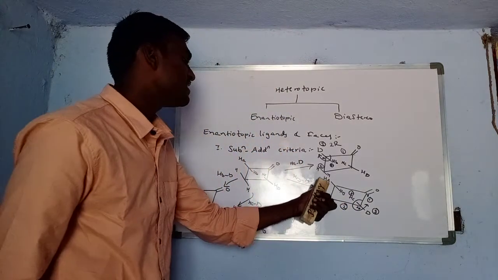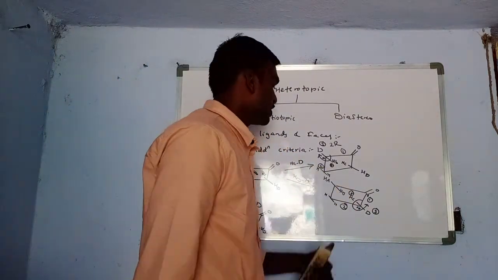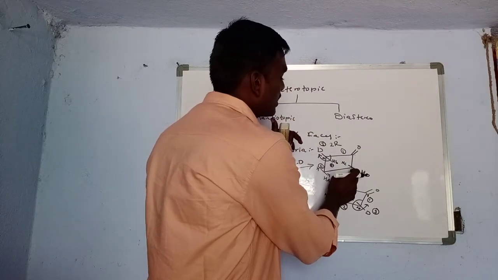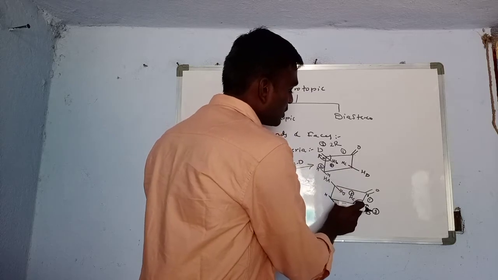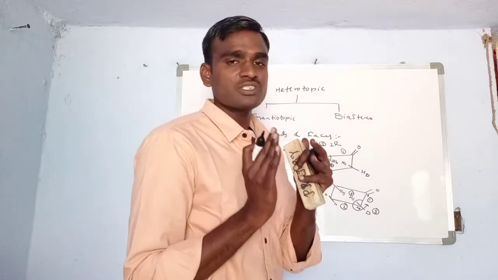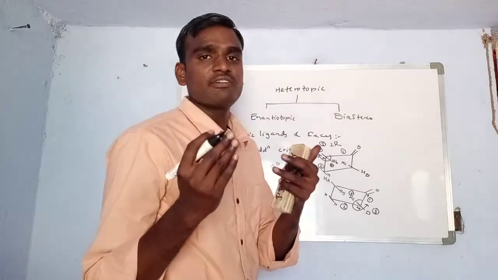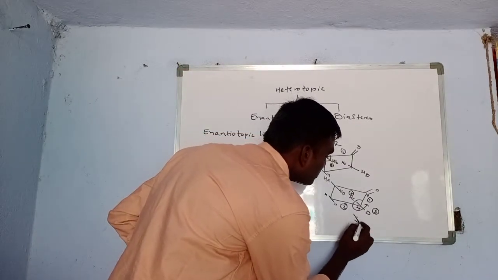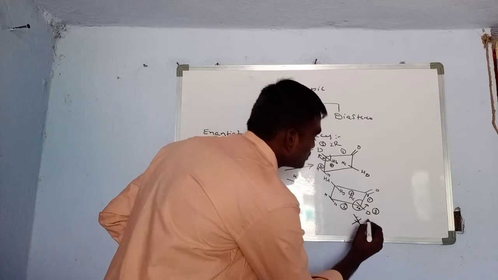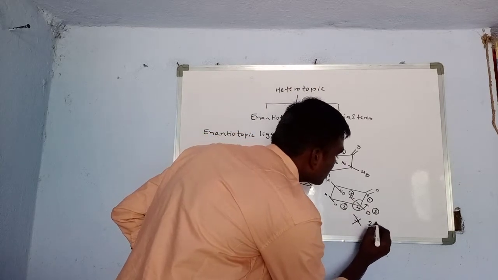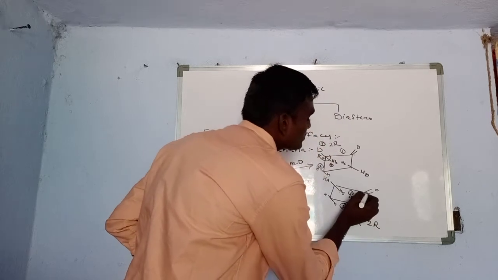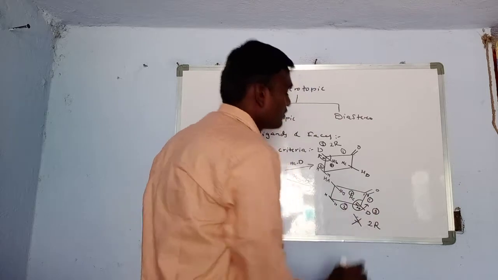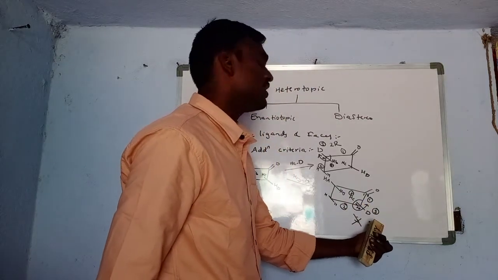Okay, whenever it is anti-clockwise direction, it is S configuration, but here this is the front carbon and this is the back carbon. Whenever the back carbon is there, the configurations are inverted. It will be anti-clockwise direction, so it would be S, but because this is the back carbon, its configuration is again 2R. Why? Because if you are giving the numbering like this, 1, 2, the second position, that is the R configuration.